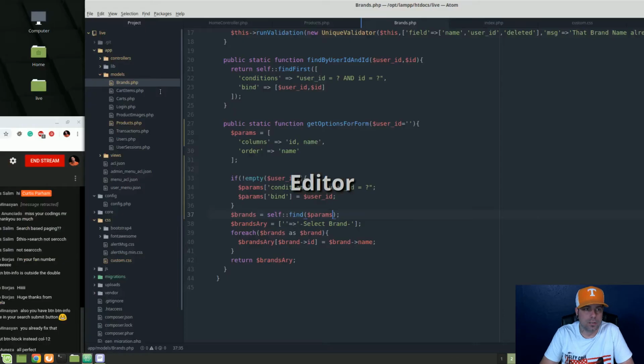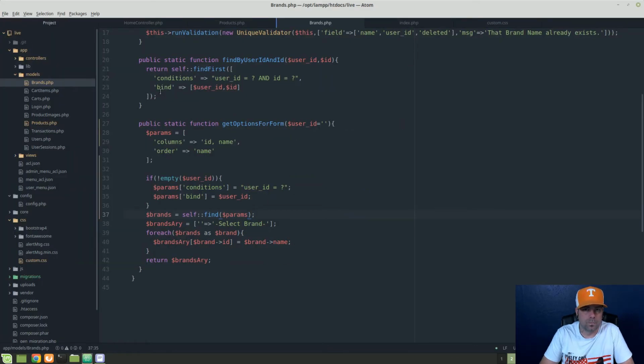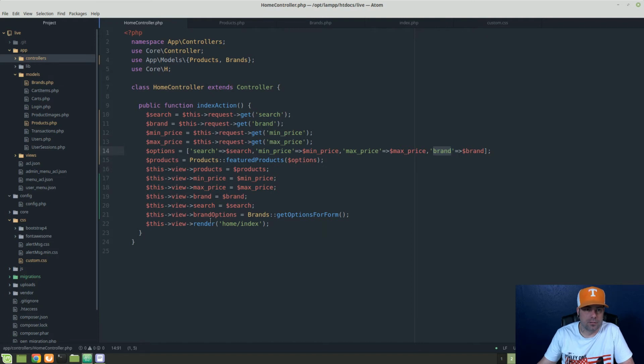And so let's see if there's an easy way to do that. I think what we'll do is we're going to pass this options down to another method that we'll create